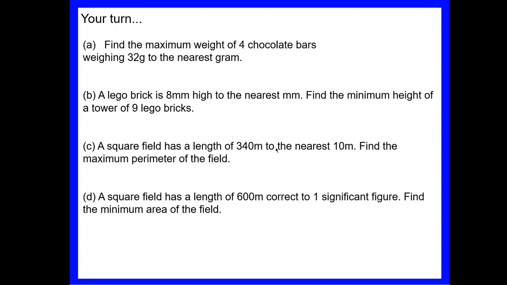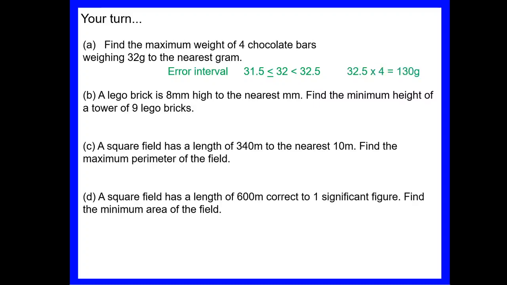Alright, for the first one, we're asked the maximum weight of the 4 chocolate bars. They weigh 32 grams to the nearest gram. The nearest gram is the nearest whole number, so we need half a gram to be added and subtracted. Our error interval would read 31.5 is less than or equal to 32, which is less than 32.5. It's asked us for the maximum weight, so we take our biggest number and times that by the 4 chocolate bars